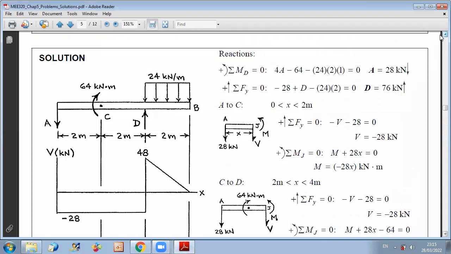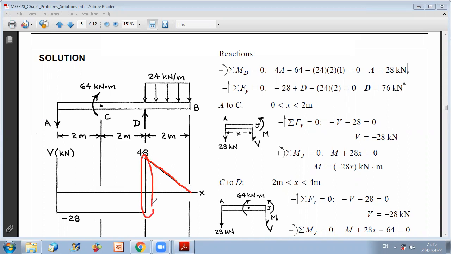Then you still have the last part, from D to B. From D to B, you have a linear decrease in shear. Please keep in mind that a jump in shear will not cause a jump in bending moment. It will cause a sudden change in slope. So before D the slope was minus 28, and just after D the slope will be plus 48. So you have a sudden change of the slope of the bending moment at D because of the concentrated force